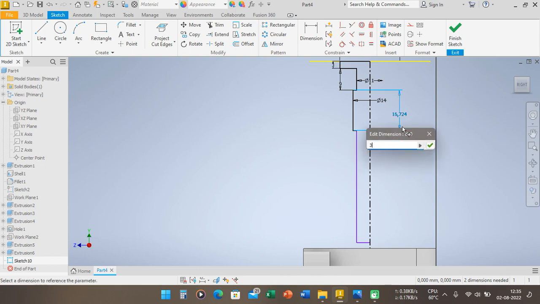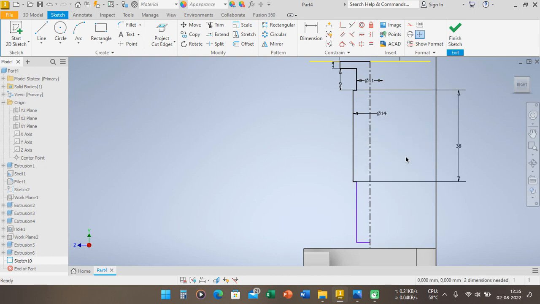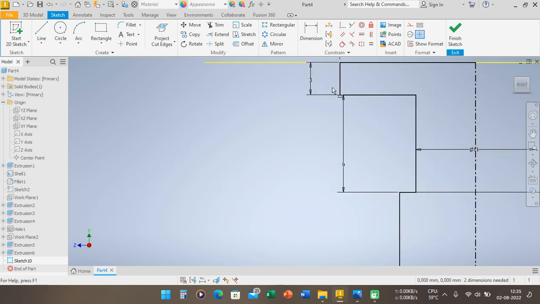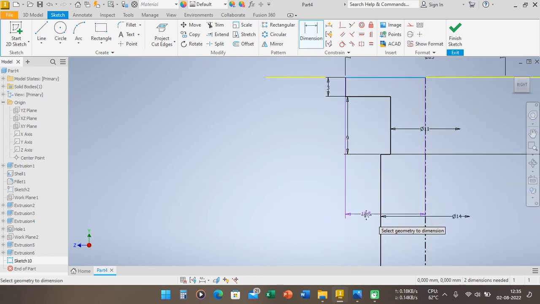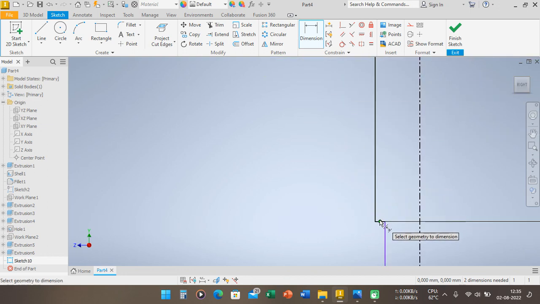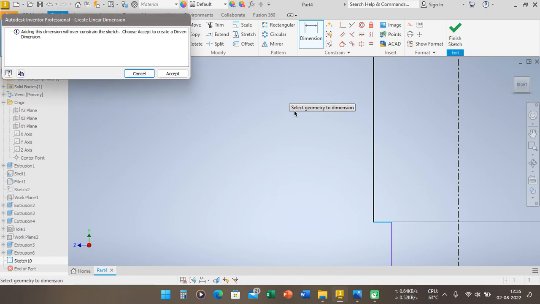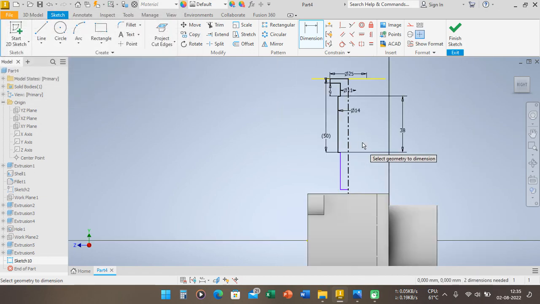Or we can try again 38 millimeter. Okay, they are already created here. And then if we measure here, we can check the dimension from here until here, it's 50 millimeter. Okay, so there are already created the